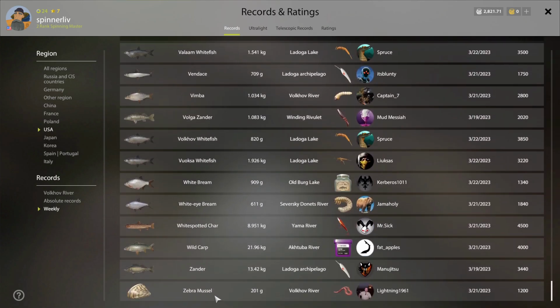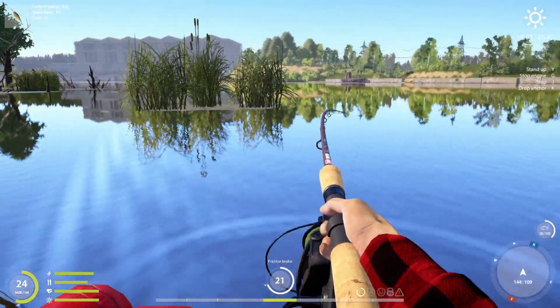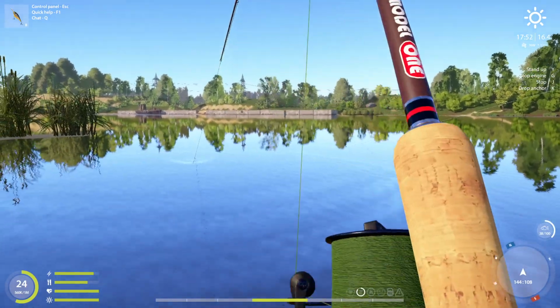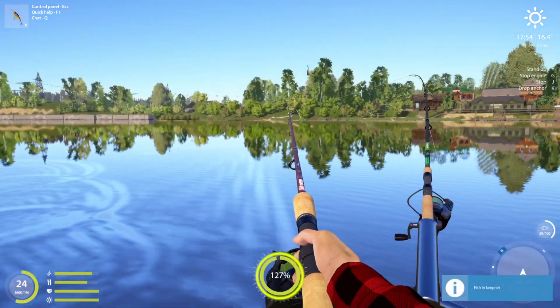When you look at weekly zebra mussels, redworm, worm, original crank. Another zander is